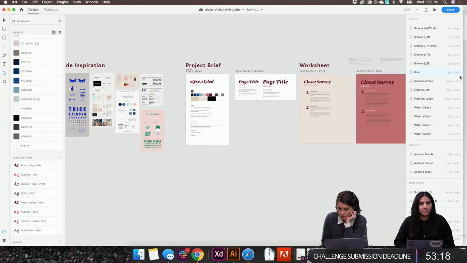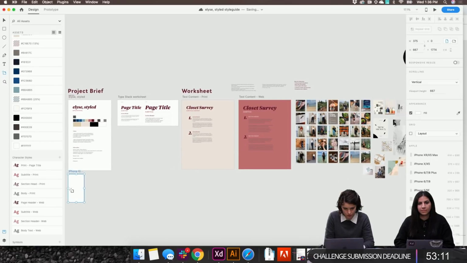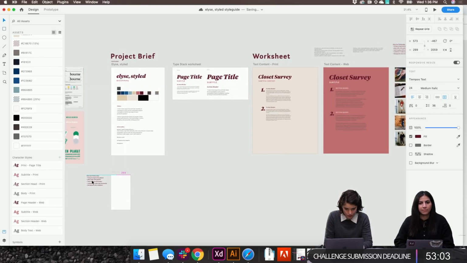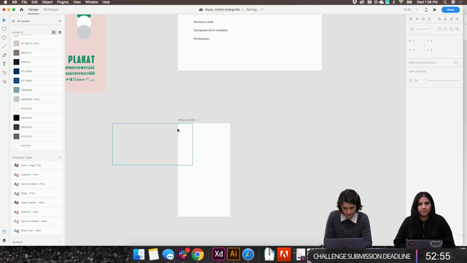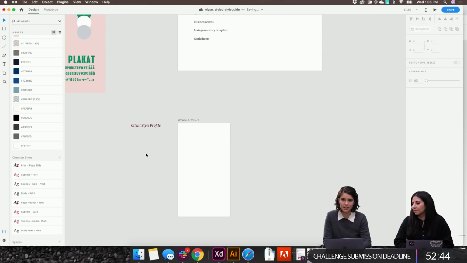So we're gonna call this a client style profile, and this is something that Elise will use and has already used in workshops she's done to have somebody walk through their particular style inspiration and put it into a framework.